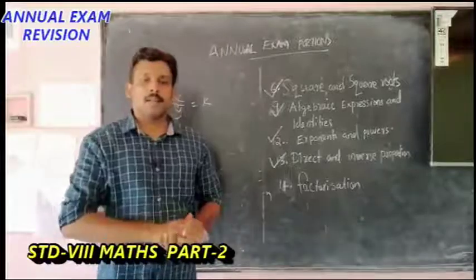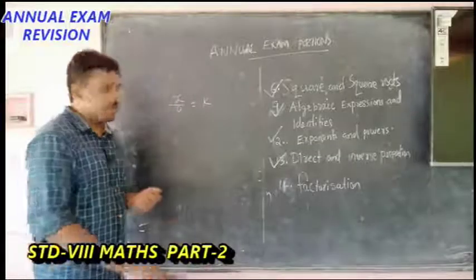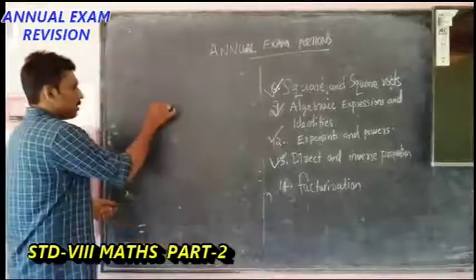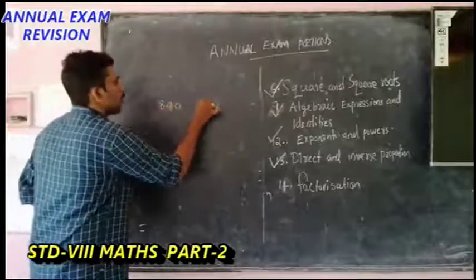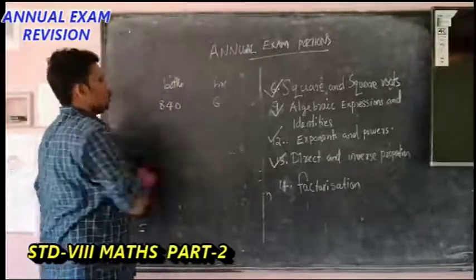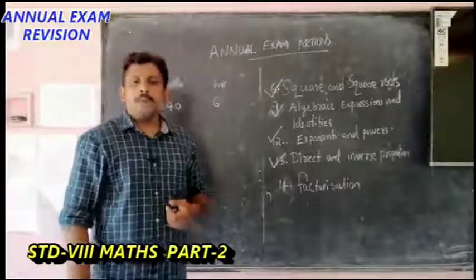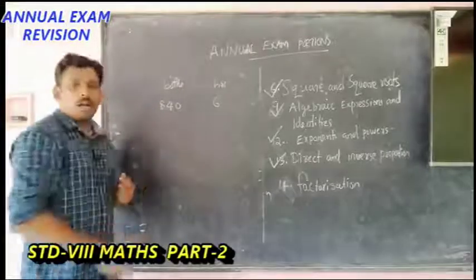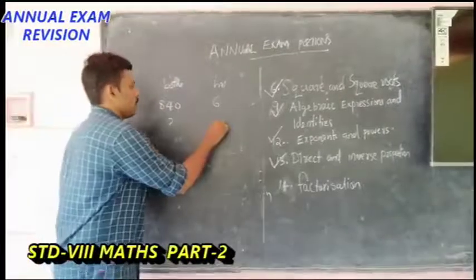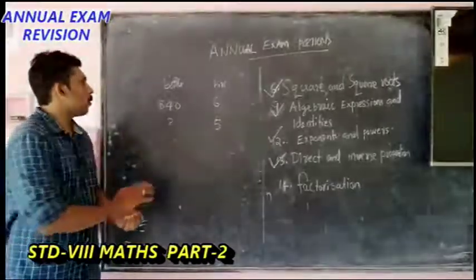Okay, then let us take one example. A machine in a soft drink factory fills 840 bottles in 6 hours. This is bottles, and this is hours. 840 bottles in 6 hours. Then the question is, how many bottles will it fill in 5 hours? We know that this is a direct proportion because 840